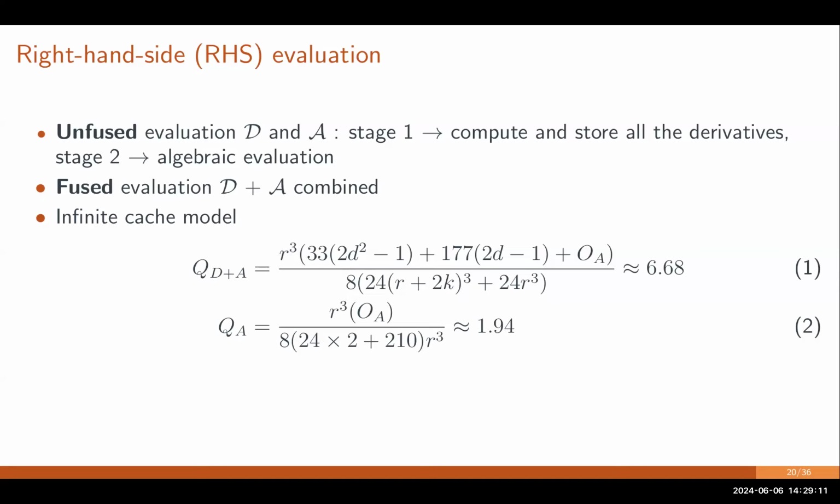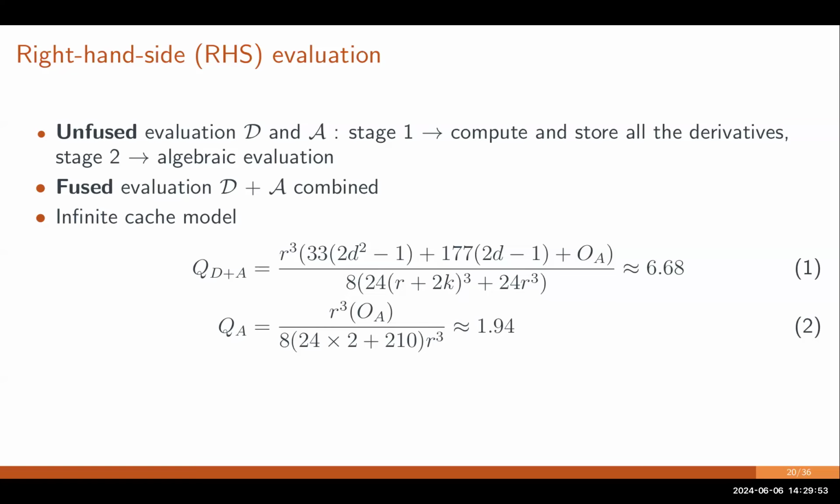The fused evaluation has an arithmetic intensity of roughly 6.6, and if you split this into two stages, the unfused evaluation has a low arithmetic intensity. If you have a low arithmetic intensity, it's hard to get performance, because you're mainly going to be bounded by the memory. Because of that, I think on either CPU or GPU, when you are evaluating the Einstein equations, the fused evaluation should give you better performance. Hence, faster